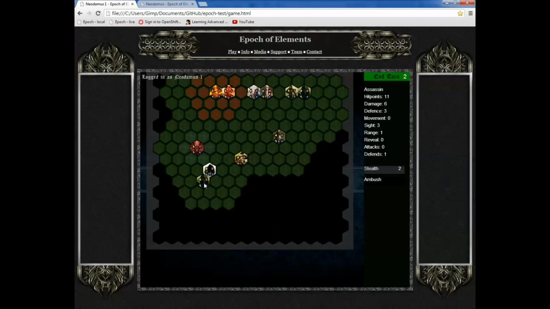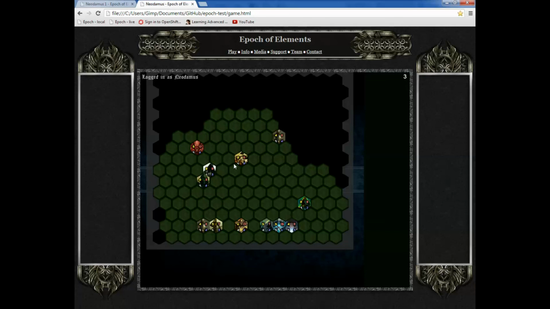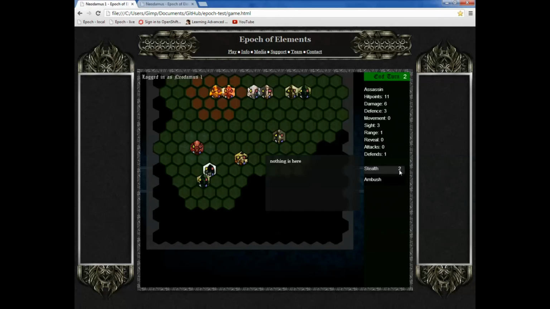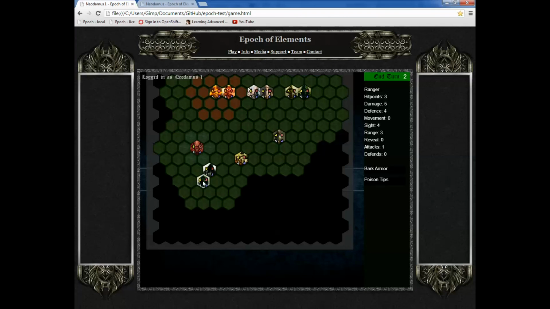So I brought him down to 3, and also, if you'll notice, when I attacked, I came out of stealth. Now, if I switch to the other player, the other player can now see my assassin. He's come out of stealth. And I can't stealth again for 2 turns. So basically, my assassin is now vulnerable. But before I end my turn, obviously, I still have 2 more units to move. So I'm going to continue